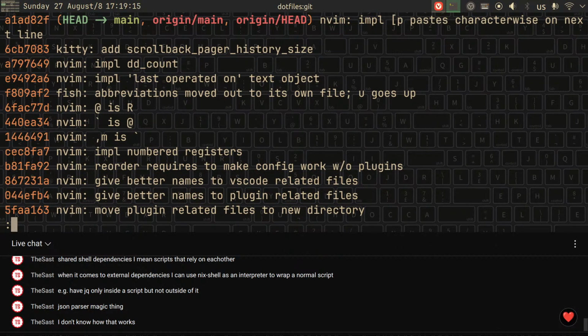Scrollback pager history size is not really something that will change much, so I don't want to write it in. However, oh, DD takes count is already mentioned in my notes. Okay. Bracket P to paste on a new line, and in a similar fashion,